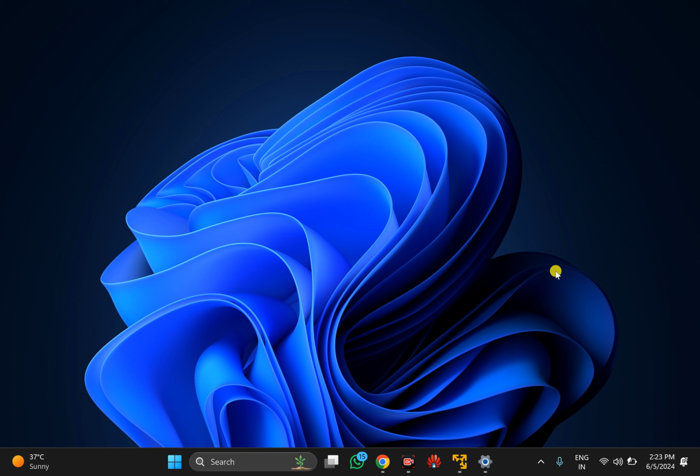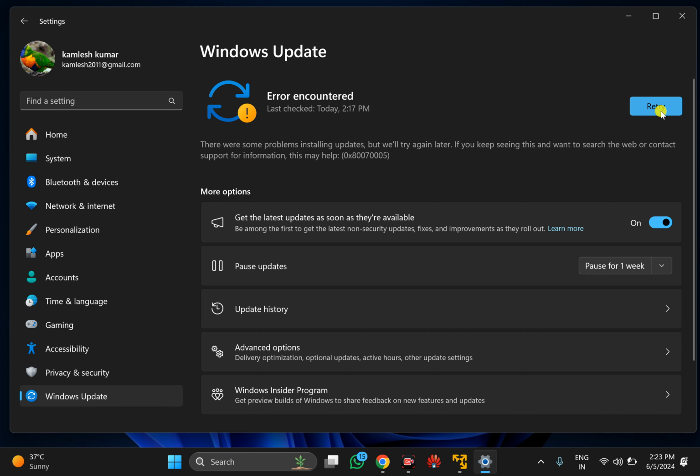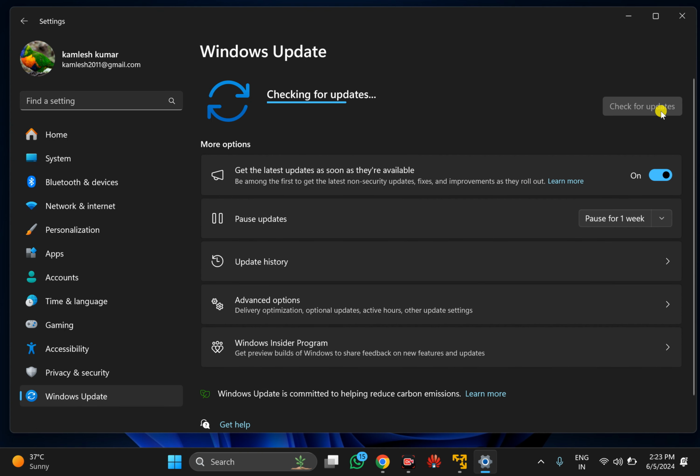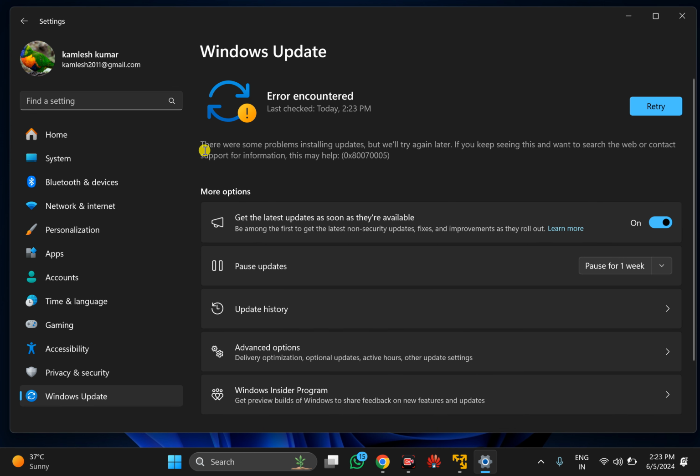In this video, we will guide you on how to fix Windows 11 update error 0x80070005. For instance, when I am trying to update my Windows 11, as you can see on the screen, I am getting an error code with the details: There were some problems installing updates, but we will try again later. If you keep seeing this and want to search the web or contact support for information, this may help. And here the error code is